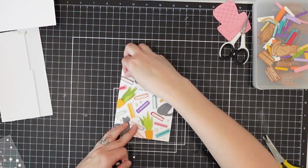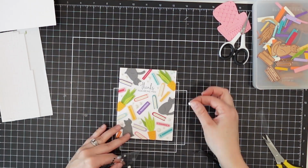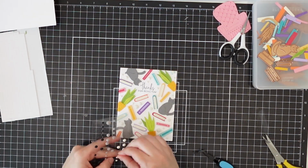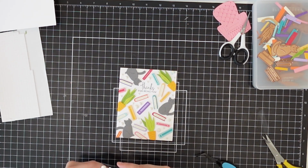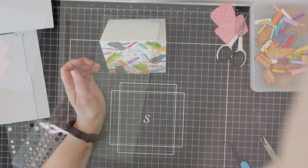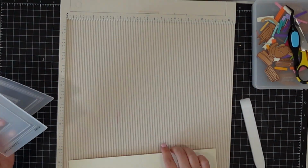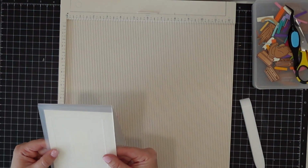In fact, when I set the card to the side to work on my second card, they started popping off. Like I could hear them hitting my desk. So before I took my photos of the cards, I did go and just use some liquid adhesive to glue those down really well. For my second card, I'm going to grab the alabaster cardstock,